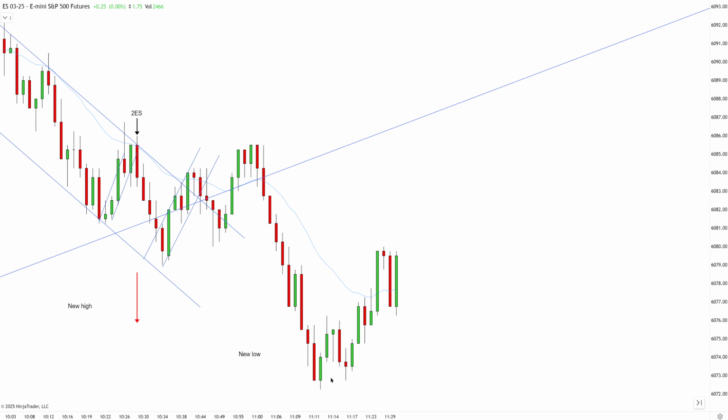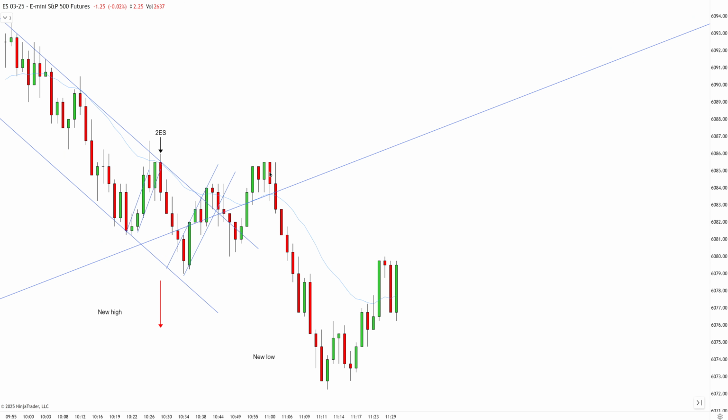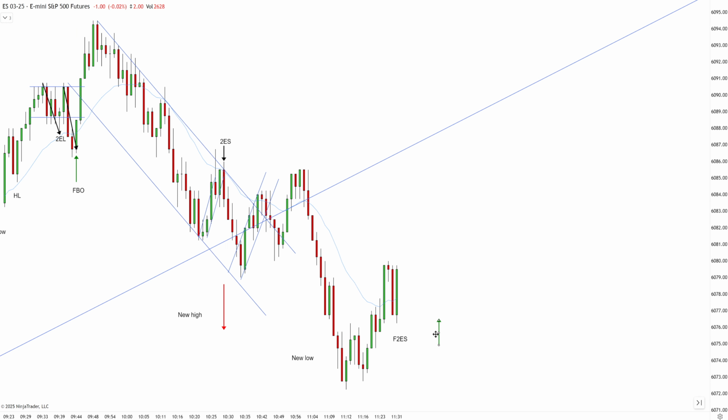You have the push above EMA and you have a new low, first entry short, push above EMA, and a second entry short failure. You have failed second entry short, big bullish bar, you're above EMA, downtrend played out with the break, push to new extreme. You have a strong bullish signal bar, so this is a decent high probability setup.